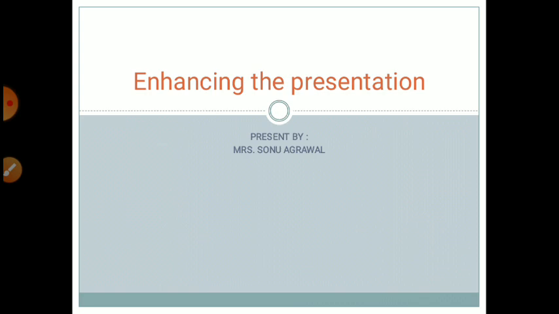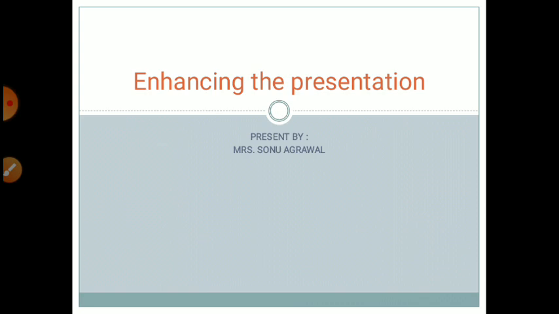Animation means the moving of different objects like shapes, images, etc. And transition means the moving of a slide. If I want to play many slides at a time, one by one, how they will change is called transitions. MS PowerPoint is an application used to make presentations.